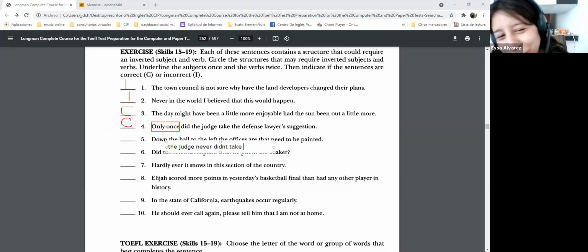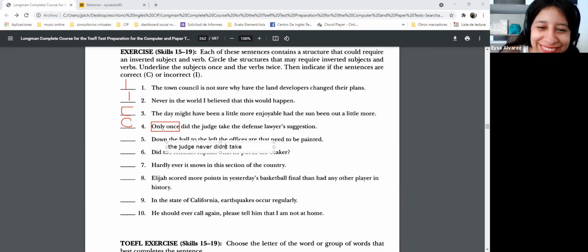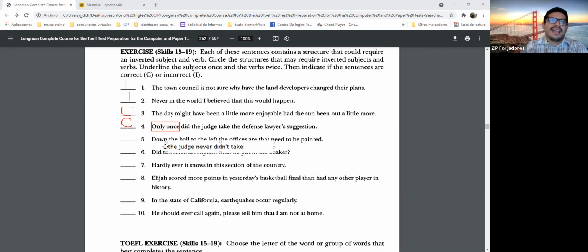Actually, I have a different question now. It was not about that sentence. Can we use negative and negative? Because I just remember that. I think that no, I think that it would be. It's like I don't know how to explain it.